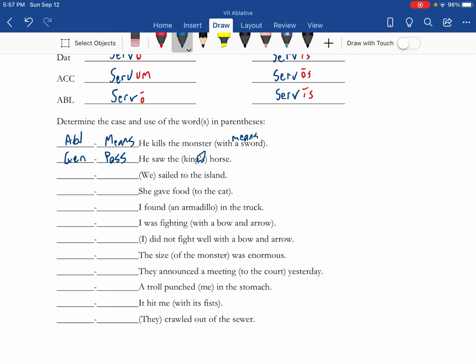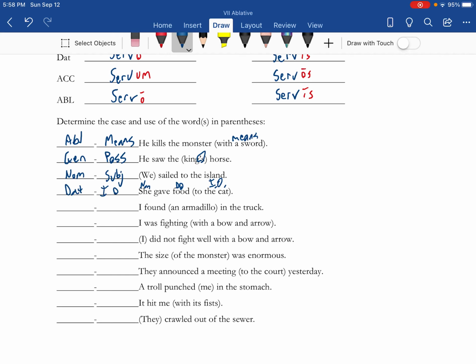We sailed to the island. That's the doer of the verb. So nominative, it's going to be the subject. She gave food to the cat. This is our nominative because that's our subject. This is our direct object. This receives the direct object. So that's going to be an indirect object, which is